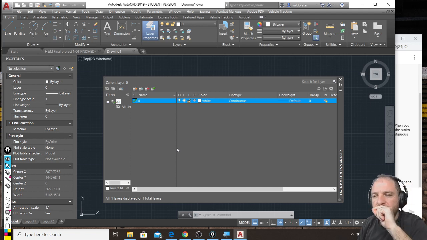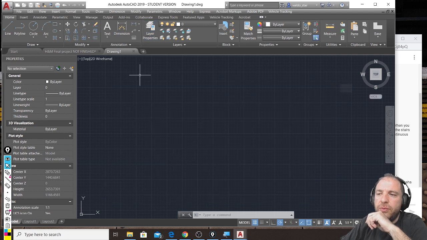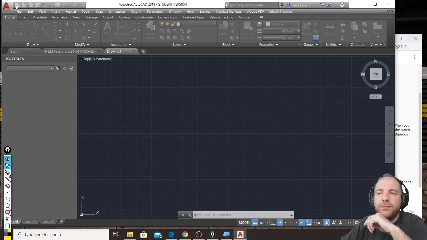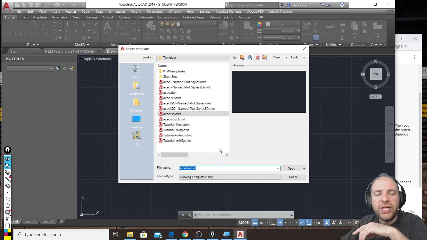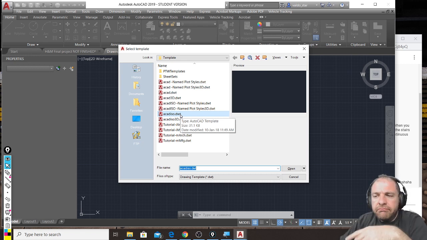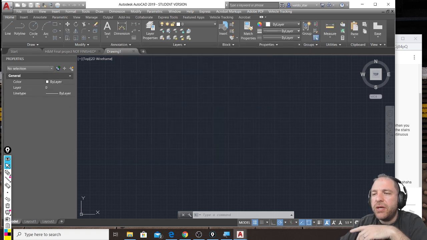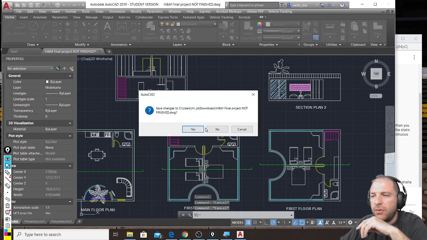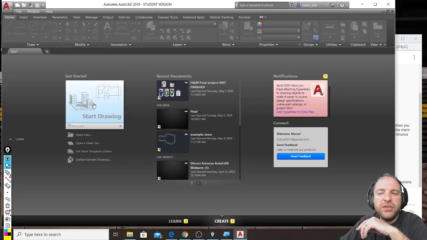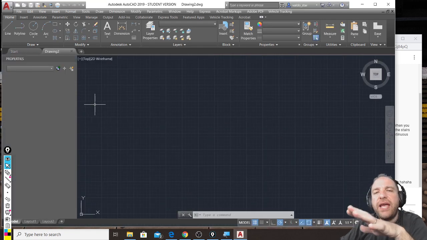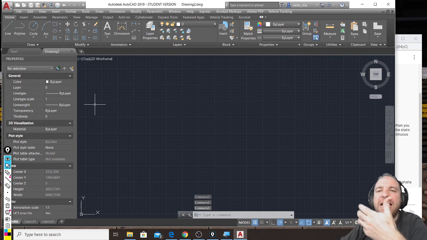That is, when you make a new file, technically, what you do is you start by selecting something that is called a template. And in general, no one takes care of this starting step, also because when you just click start drawing, a template is automatically selected by default,